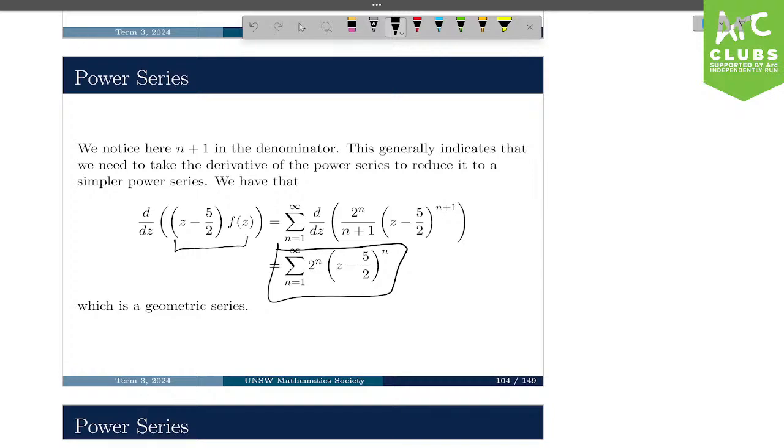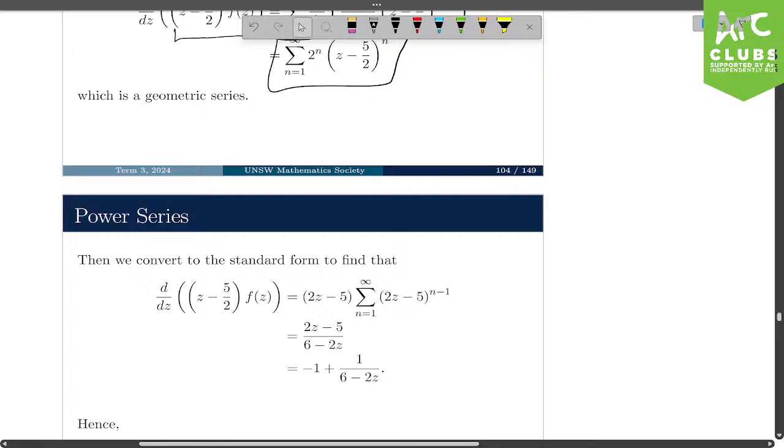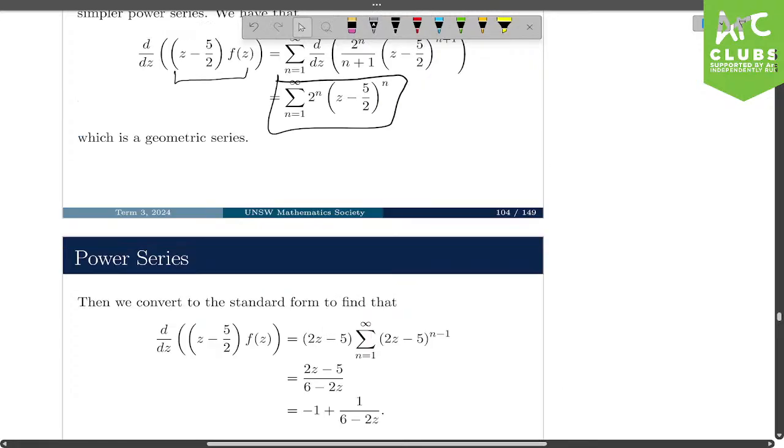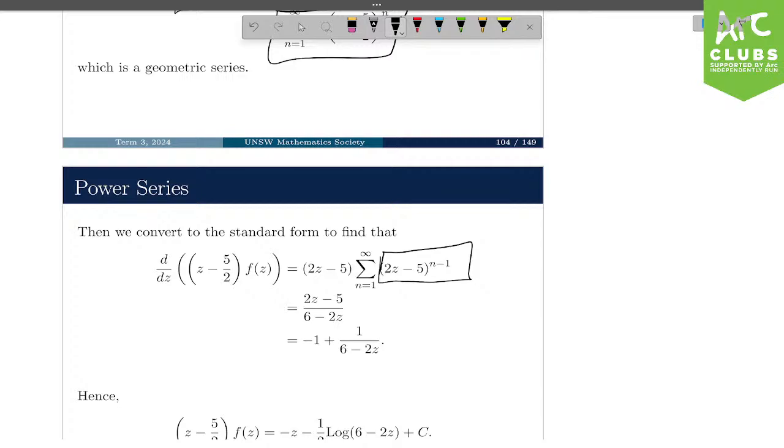Now, mind you, as a geometric series, this does converge because we've defined it within that bubble of 5 on 2 as the center of the ball and then a half as the radius. And now we will move forwards to recognize this is our ratio. So we just need to go 1 over 1 minus this value, okay? And then we will multiply,